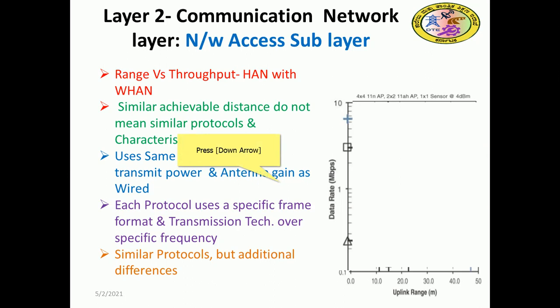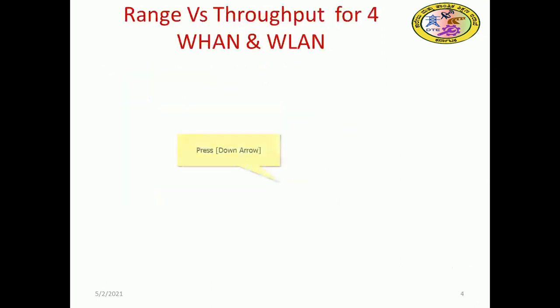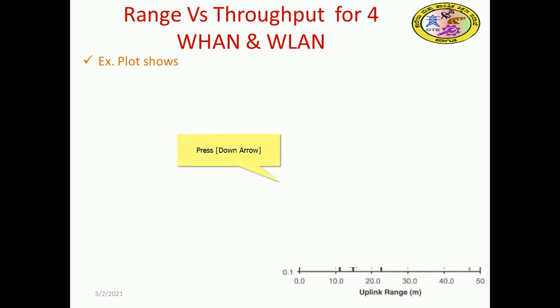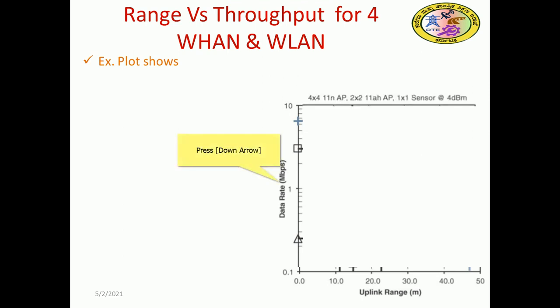802.11 and Zigbee or maybe BLE, Bluetooth Low Energy, those kinds of things. So this is range versus throughput for WLAN. The example plot is here. Uplink is here and the data rate will be there. So data rate. So here we have